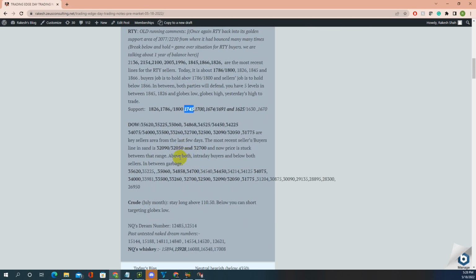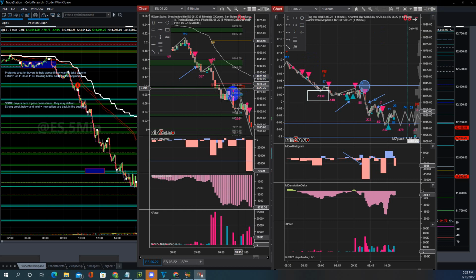Dow, I did not look at it today. Crude also, I did not look at it today. These are the powerful round numbers. Okay, so I would suggest you still watch the regular video first, a few minutes walking through the context, and then you watch the Mbox video. Then you will know how the levels and the context line up with Mbox.